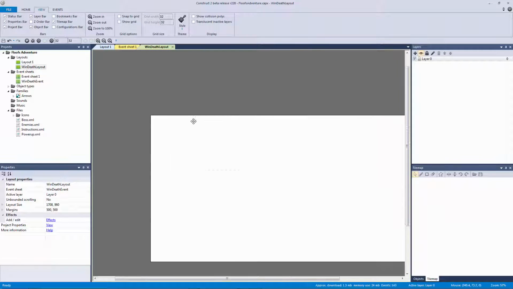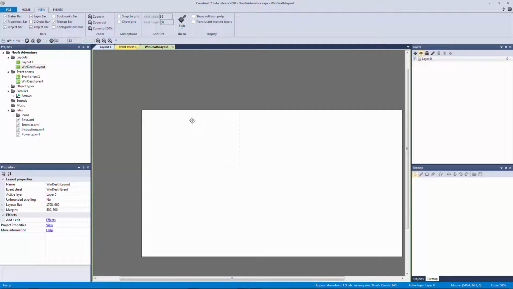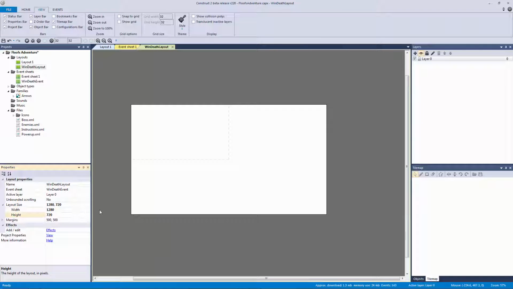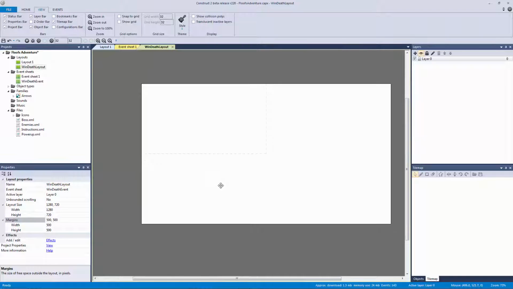our menu layout. To do this, we already have the map, the TMX file that would correspond to the sprite sheet that we would need. So let's set up our layout. Let's make it 1280 by 720. And we can give ourselves some more margins if we really need to, but we might be okay. And really all we need is the window size. So it really doesn't matter what